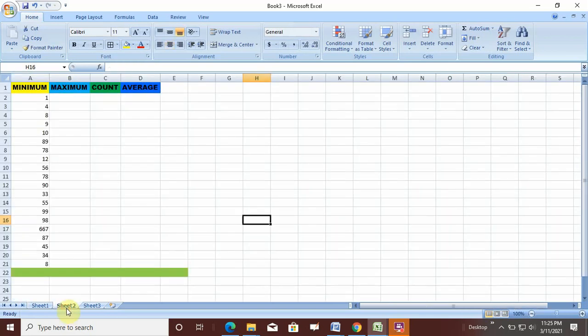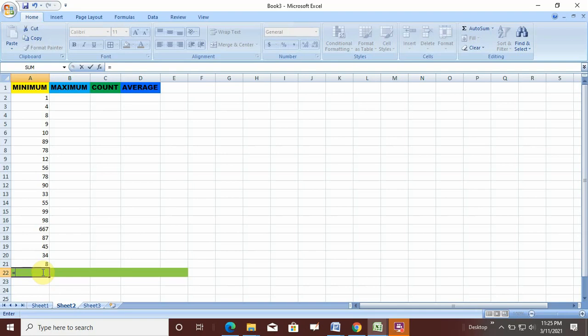Now if the data set is very huge, in the current scenario the data set is 20, but in many cases you have 50, 100, 1000, 10,000, the same concept will apply. This is a hypothetical example where we have kept this many numbers. Here we have to find the minimum. The same formula will apply.